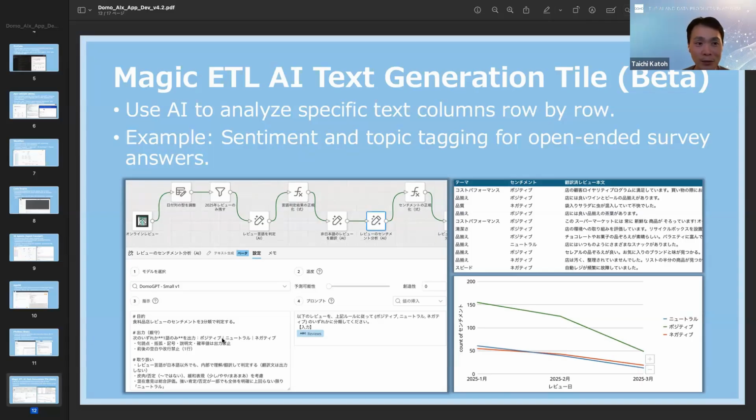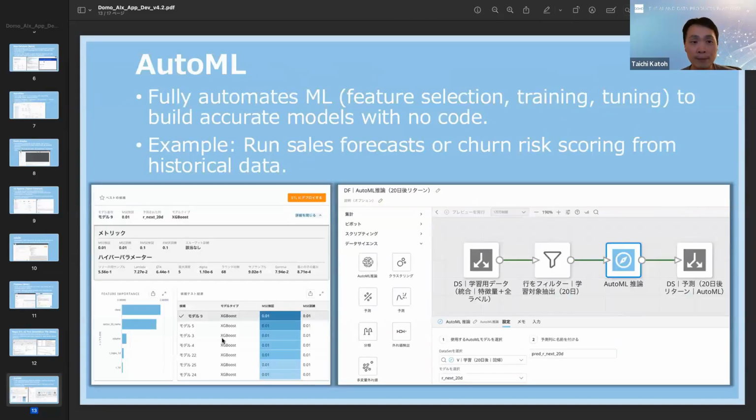In this example, it's an online survey review, and you can ask the AI to determine whether the written feedback is positive, neutral, or negative, among other possible categories. There are various things you can do with this feature, so I sincerely hope you'll make good use of it in your own work. Next, let's move on to AutoML,